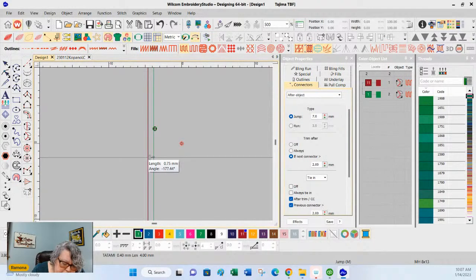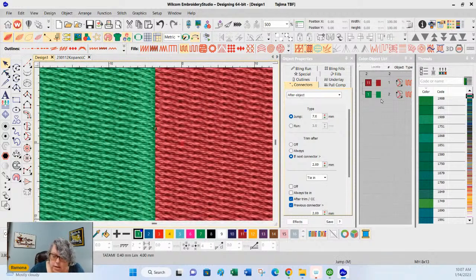I like to have a 1 millimeter overlap, but anything between 0.5 and 1 millimeter is good. So what's going to happen now is the green is going to stitch over the top of the red by approximately 1 millimeter. There's still going to be that push and pull, but it's going to compensate for itself. There's still enough underneath it to have the top layer still cover it.